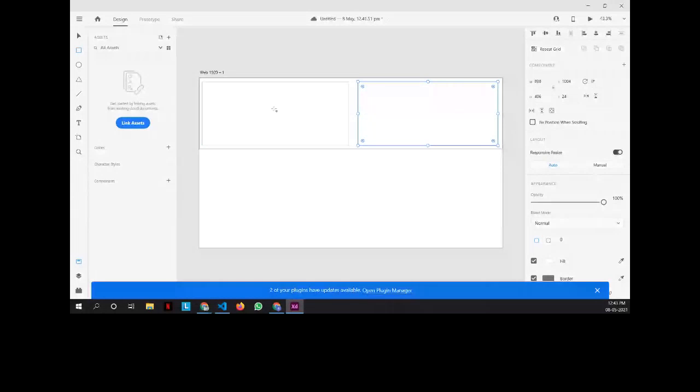So you can add your content here. If you want to add a paragraph, you can add it here, and if you want an image, you can add a photo here. For example, in the portfolio website, if you have seen, we added about me out here and we added the image out here. So that is how we go around using rows and columns.